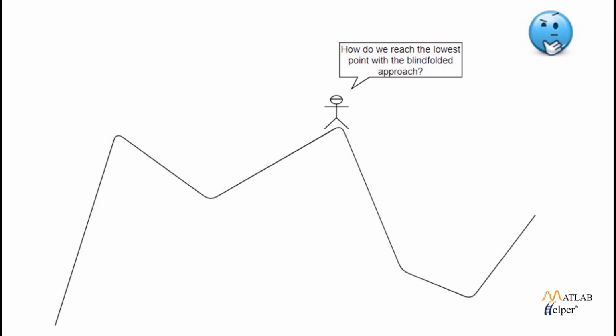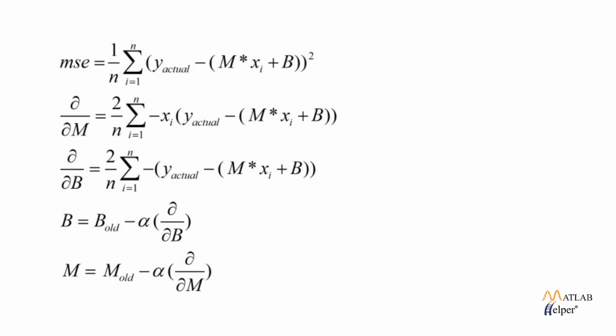Gradient descent is an iterative optimization algorithm for finding the local minima of a function. It executes two phases iteratively to attain the goal. The first step is calculating the function's gradient, that is, the first order derivative at that point. In the next step, we take steps in the opposite direction of the gradient, decreasing the slope by alpha times the gradient at that point from the current position.